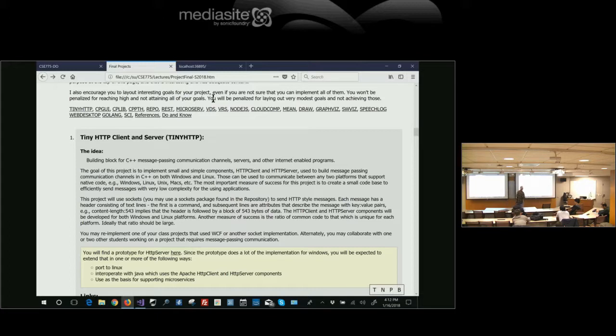Okay, so now, but also this tiny HTTP client server, now you don't have to serve up web pages. Now you can have your distributed system as a communication channel. So now you can use this HTTP messaging. Understand that HTTP, the model has always been client server. You send an HTTP request and you wait synchronously for a reply.